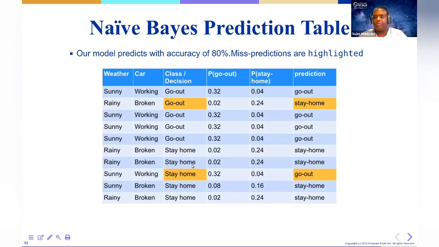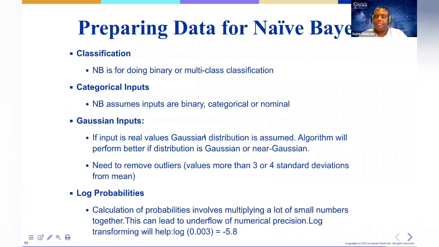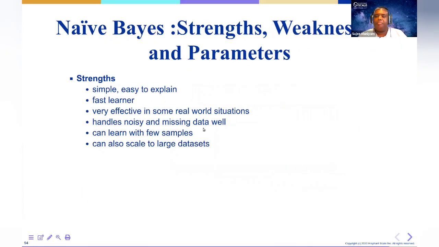So that's what you guys are looking at, naive Bayes. The reason we like naive Bayes is it's simple. We just did an example. It's very simple, easy to explain. It's just a counting algorithm, a very fast learner, because there are no complex formulas. And like I said, it's very effective in some real world scenarios, and we will see this when you do all the labs.